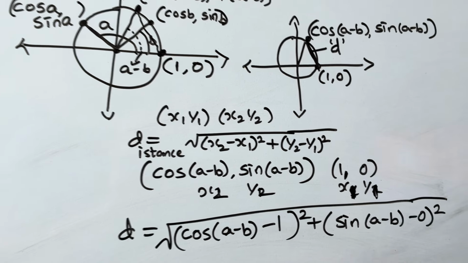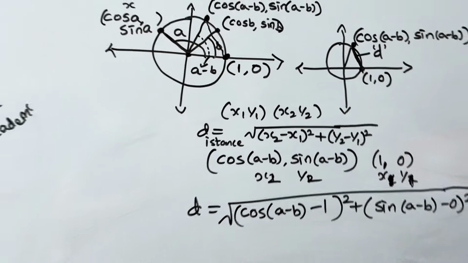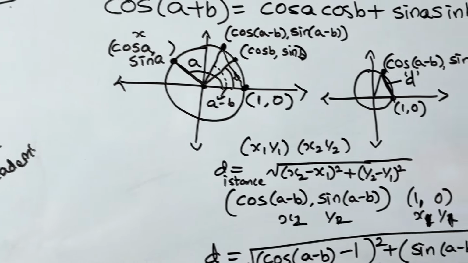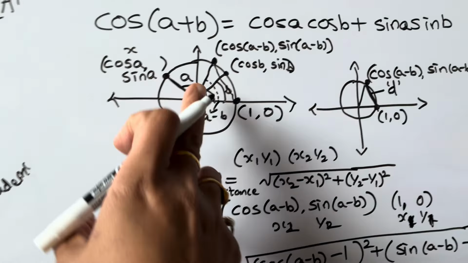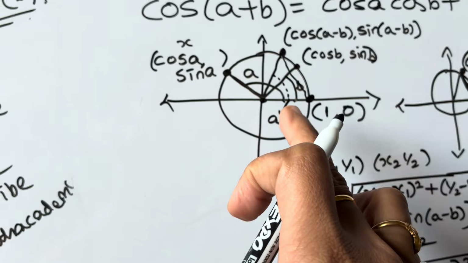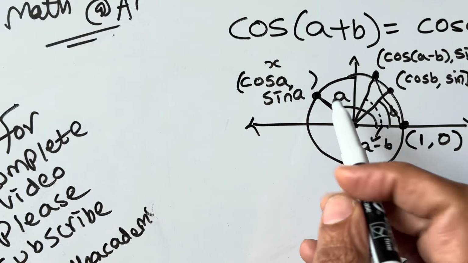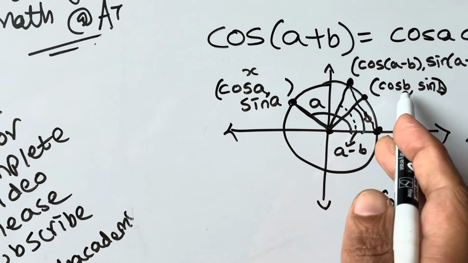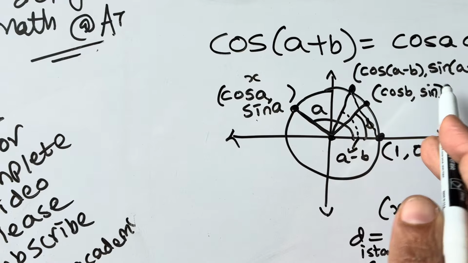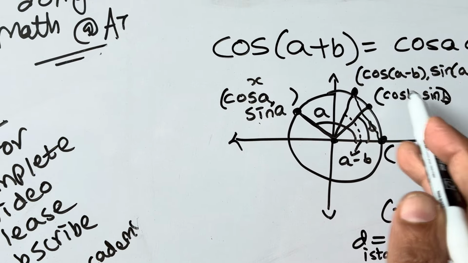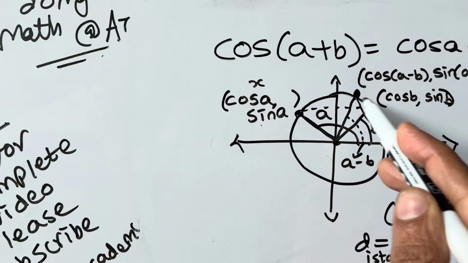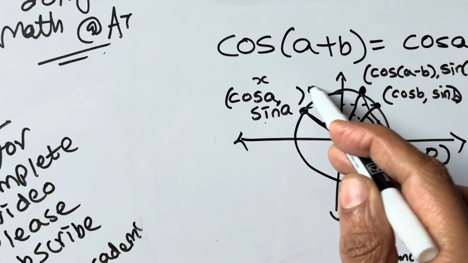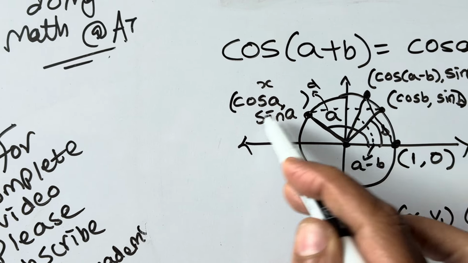Okay, and when you do this, this is the distance between these 2 points. And suppose from the first circle, I have 2 more points here, cos A, sin A and cos B, sin B. From this, if the line joining these 2 points is again denoted as D,